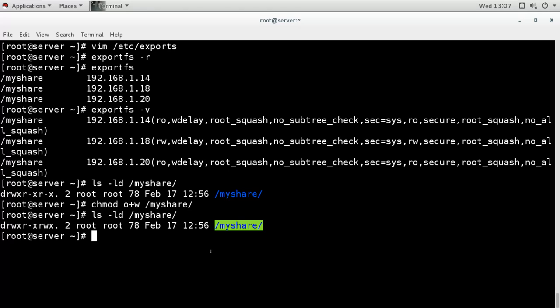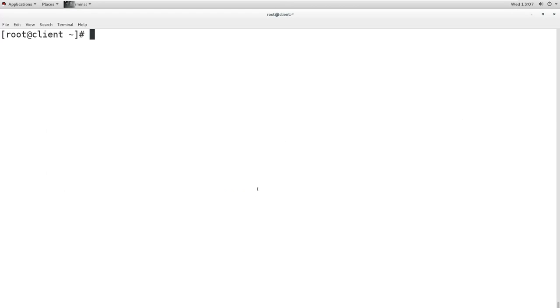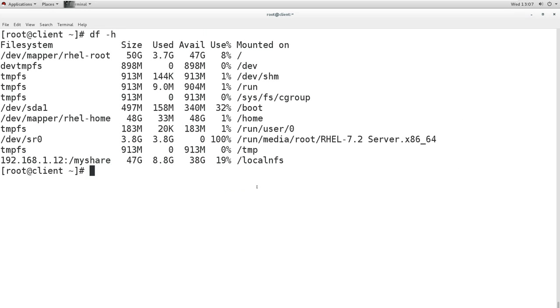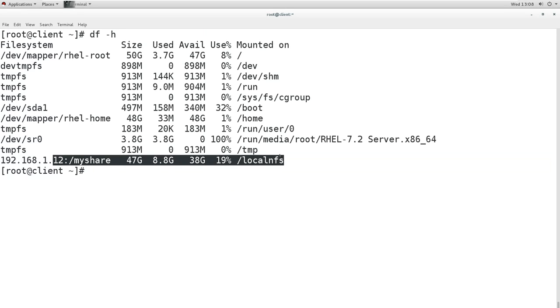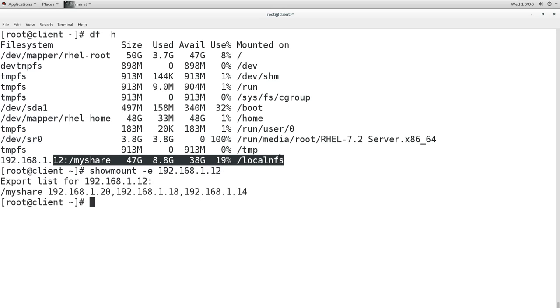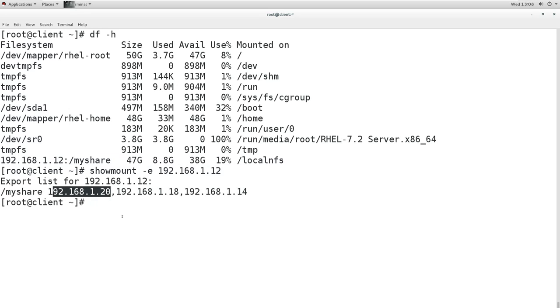So let's check here. I can mount it, and I have already mounted it because I have permission to mount, because my IP is in the list, and I can see this IP 20 is in the list, so I can mount it. Now I will try to write something in that directory.